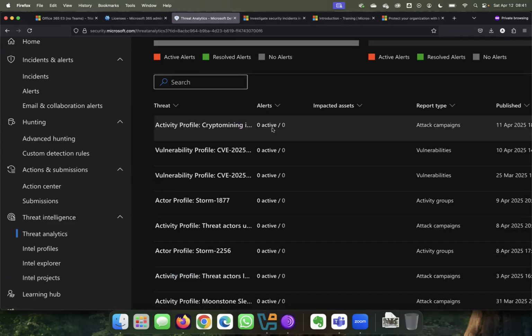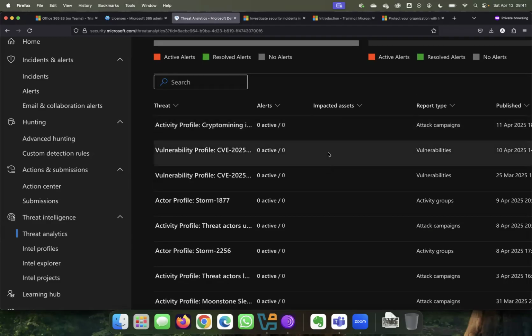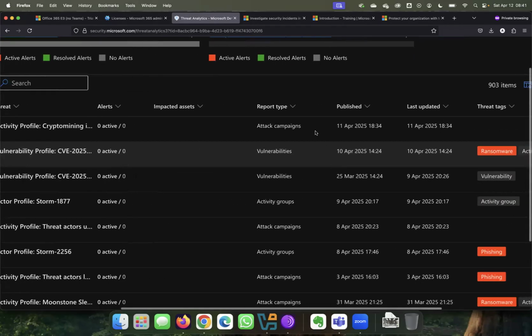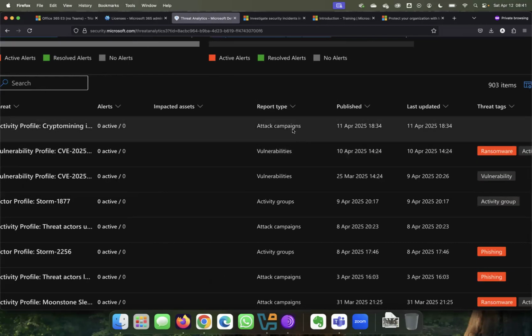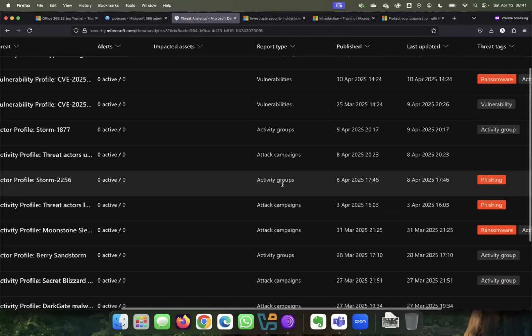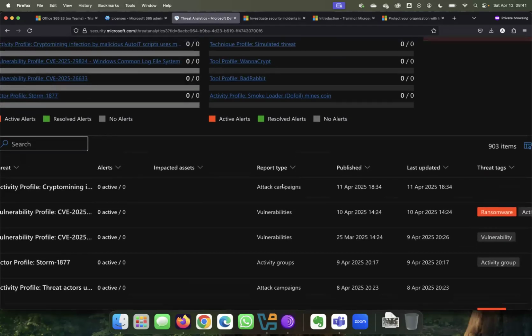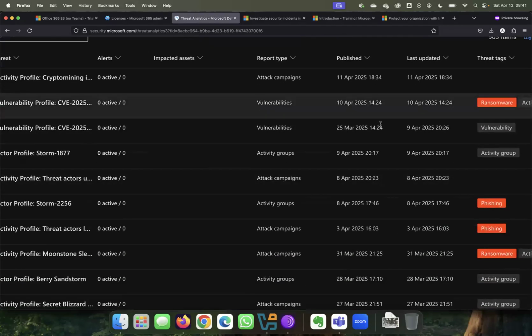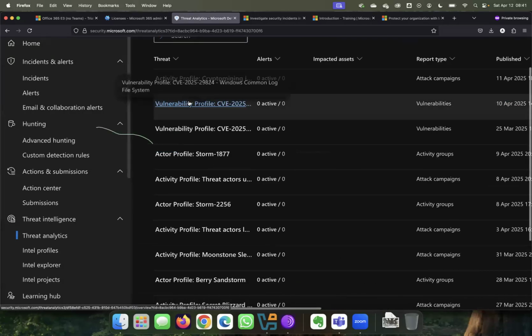And if you have any alert or incident within your environment that relates to one of these threats, you will always have it here. You see that everything currently says 0. And if you have someone impacted, maybe one of your assets, let's say your server, for instance, is affected by it, you can see the details of the assets affected or users affected in the impacted assets column. And you also have the report type, if it is a vulnerability that is being exploited, an attack campaign, or an activity group. And there is the threat tag. For instance, this particular vulnerability here,